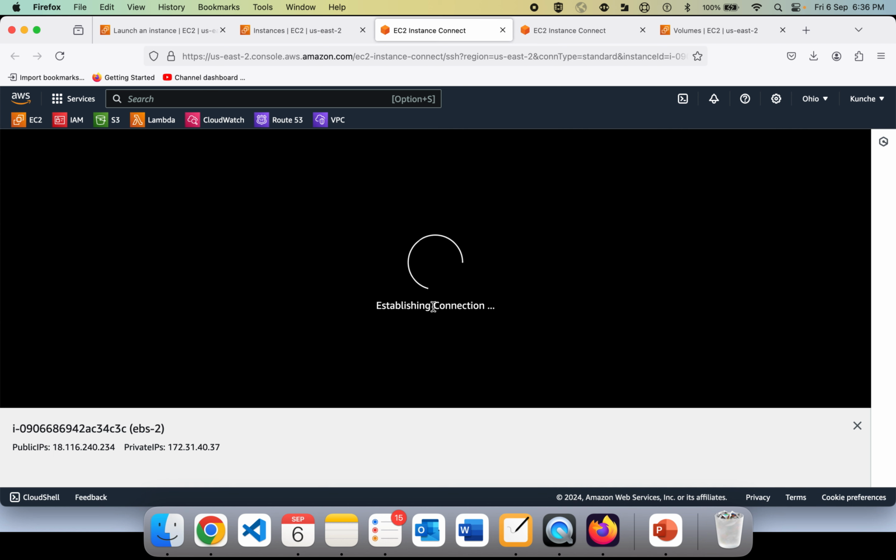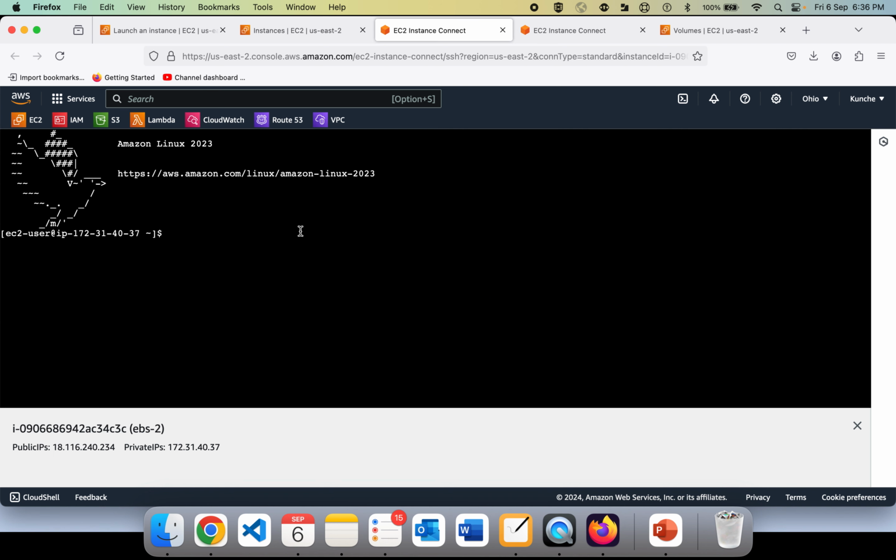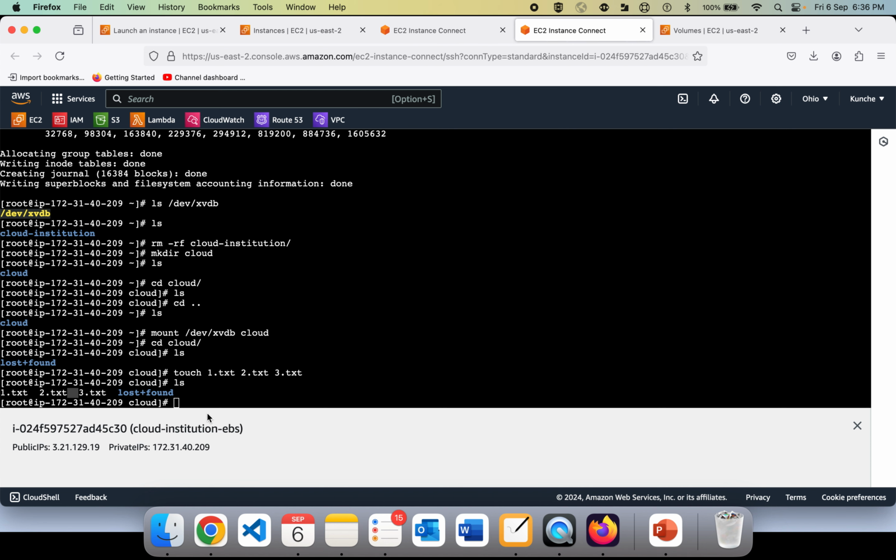It is getting connected. It may take some time based on the network connectivity, but it should be connected. Now it's connected, and I don't have any files and folders over here. This is EBS volume 2 and this is the cloud institution EBS volume 1. Now I'm going to unmount the volume from here,